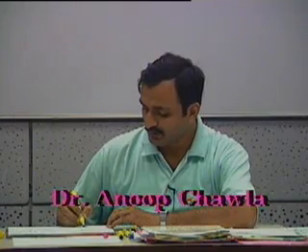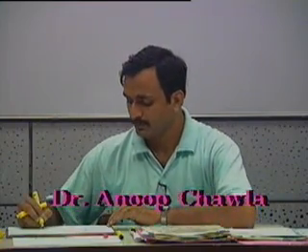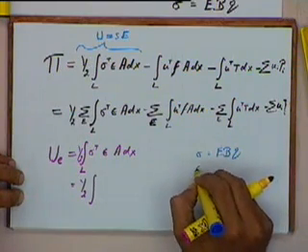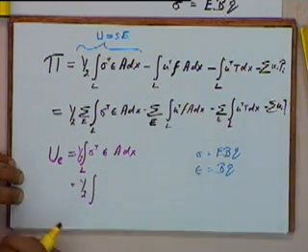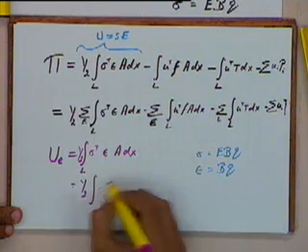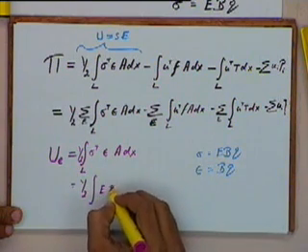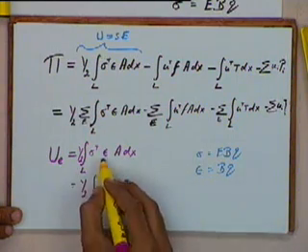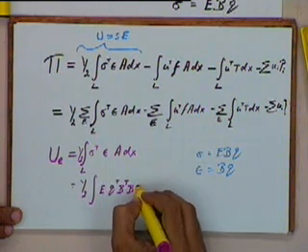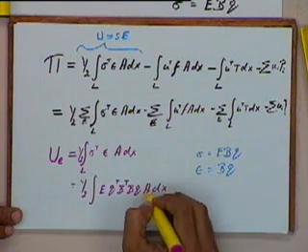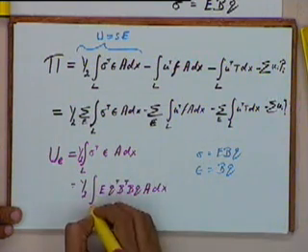This will be equal to half of the integral of sigma transpose epsilon. We know that sigma is equal to E B Q and epsilon is equal to BQ. So sigma transpose would be nothing but, since E is a constant, E multiplied by Q transpose B transpose. Epsilon is BQ, into A dx, and this integral is over the length.